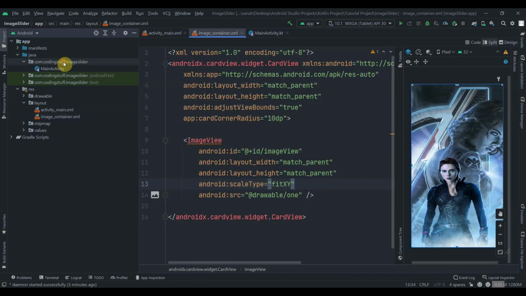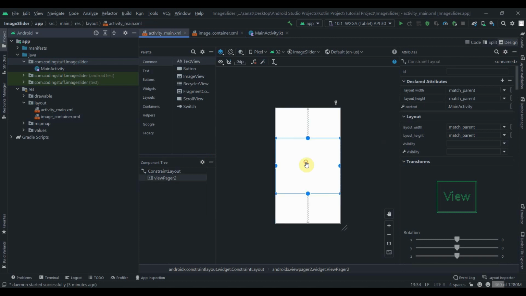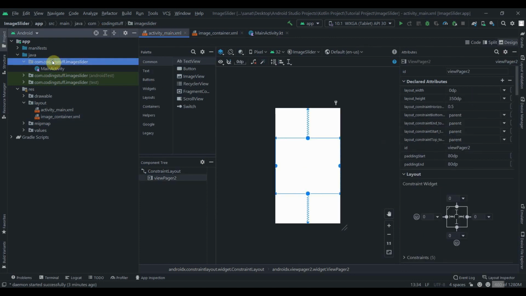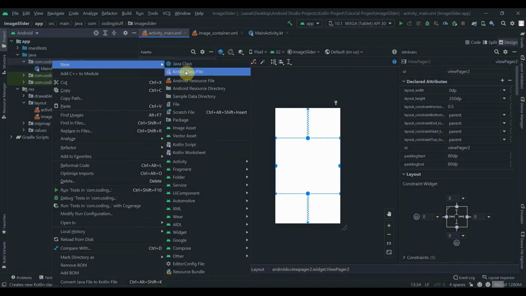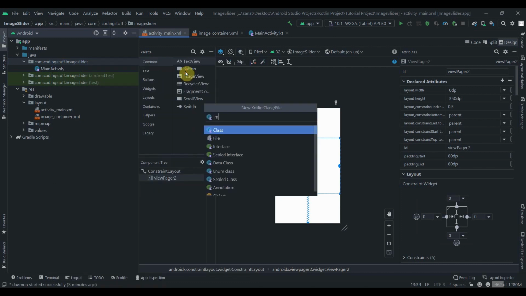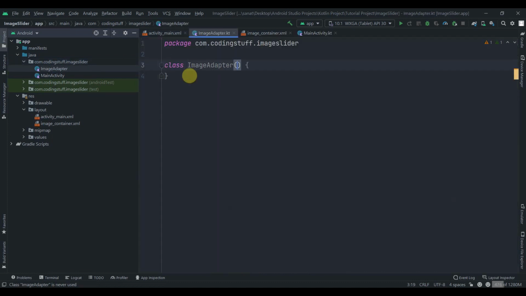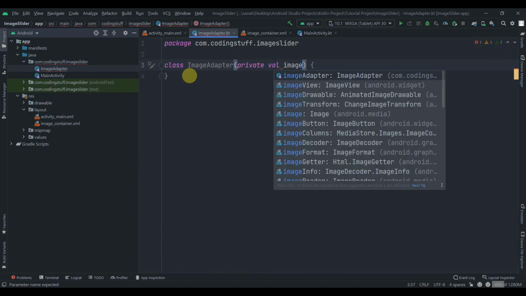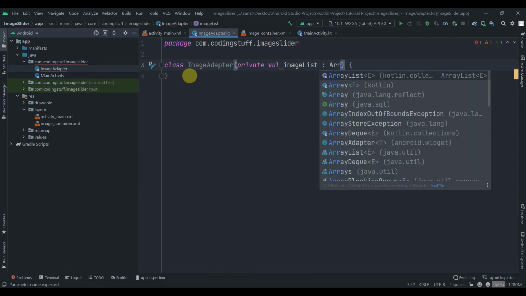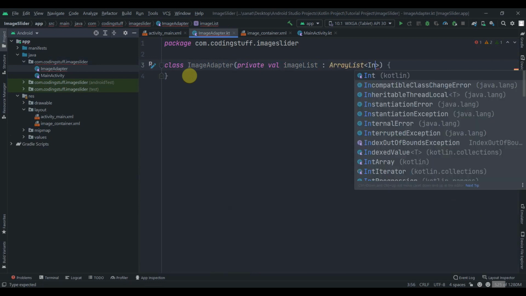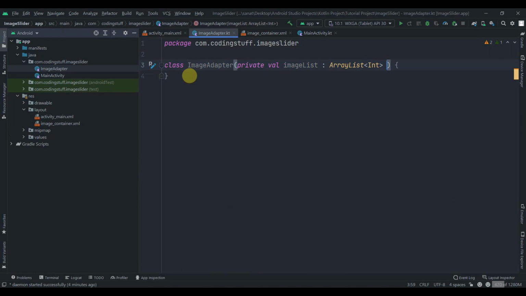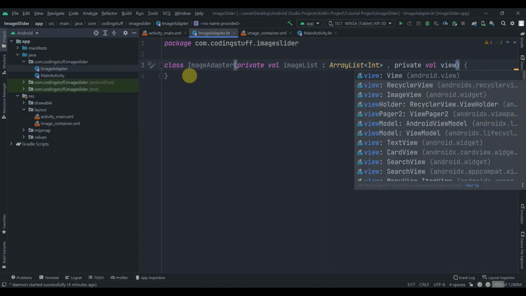So first of all we'll create one adapter class for this ViewPager. We'll click on the package, select new Kotlin class, and name it ImageAdapter, and we'll pass the list and ViewPager over here. So private val imageList, this will be of type ArrayList of type Int, comma private val viewPager2,